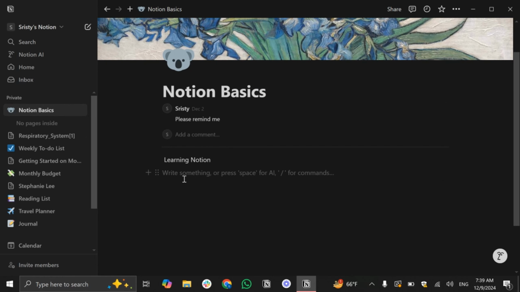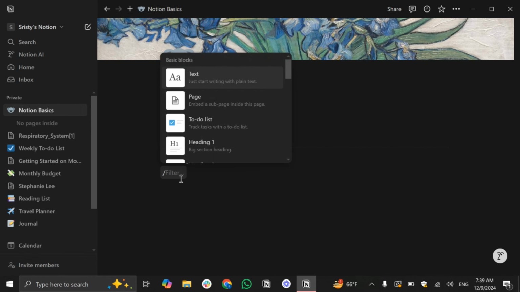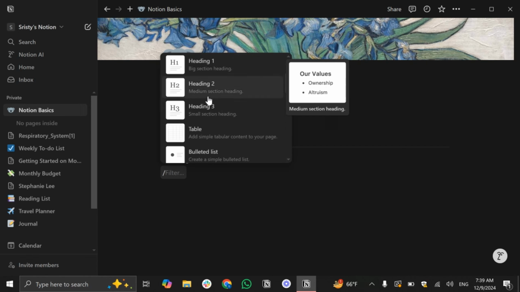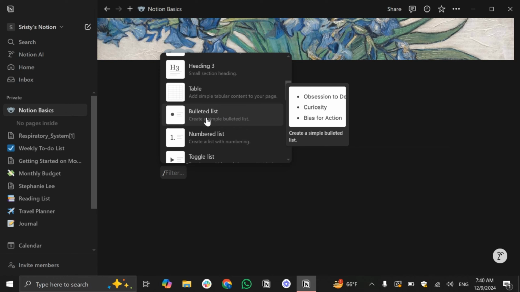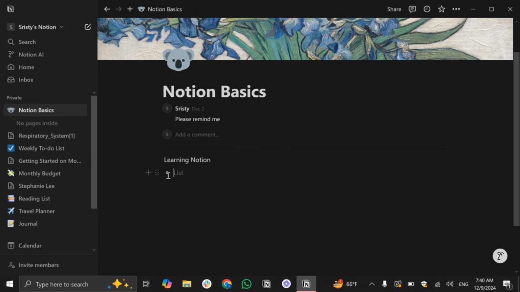and in here you can always give a comment or a forward slash and scroll a bit down to look for the options that you are looking for. Here you can see this bulleted list option. Simply tap on this option, and in here you can see they are showing you a bullet point and give the things that you want to add,